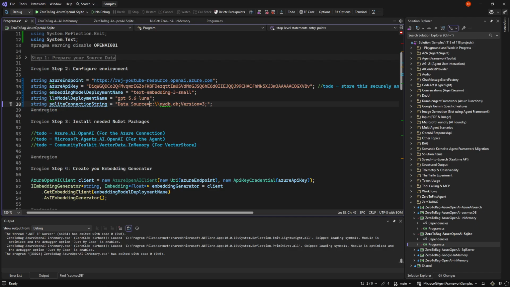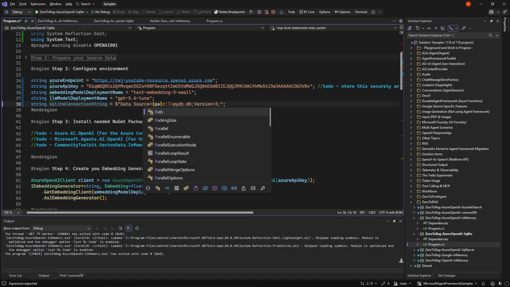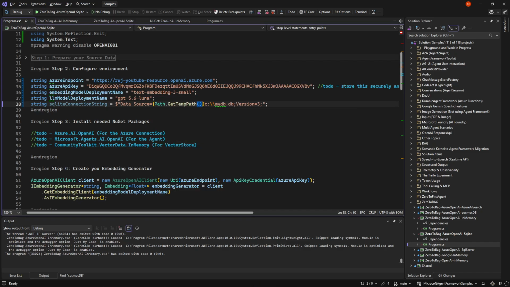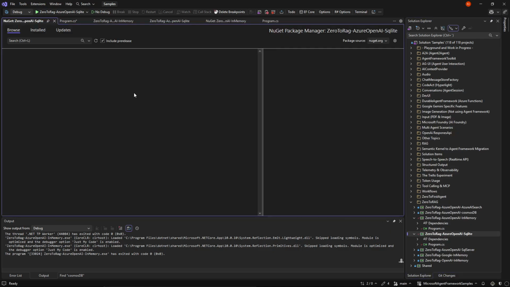And just so it's a little easier for me and you that we all have, I'm gonna say path dot temp. Go into my temp folder. Oops, we still need a name for the database. There we go. So we put in a connection string, and that connection string needs to be in a new NuGet package. So if we go to NuGet,